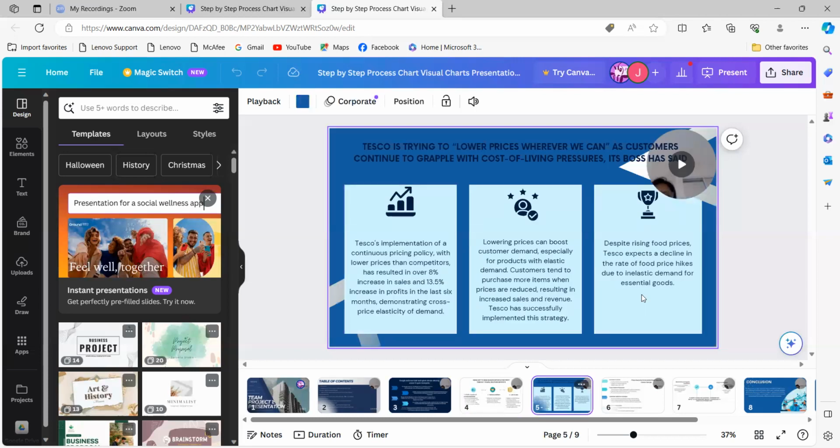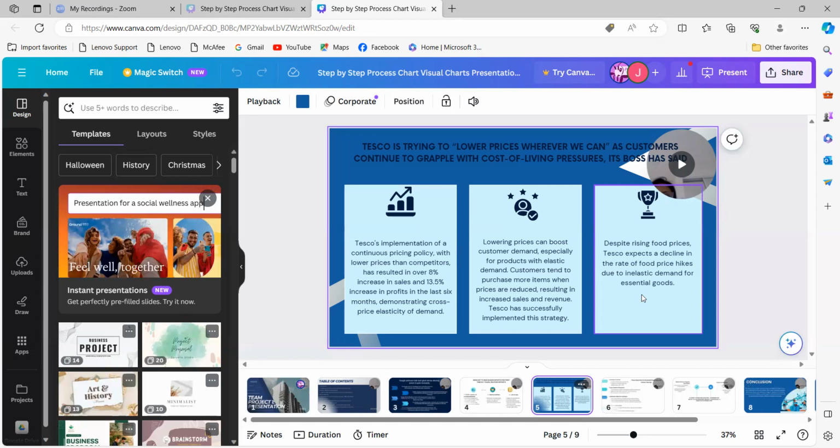So our next news topic is Tesco. Tesco is trying to lower prices wherever it can as customers continue to grapple with cost of living pressures, its boss has said. Here we can connect three things. Number 1, Tesco's implementation of a continuous pricing policy, with lower prices than competitors, has resulted in over 8% increase in sales and 13.5% increase in profits in the last 6 months,